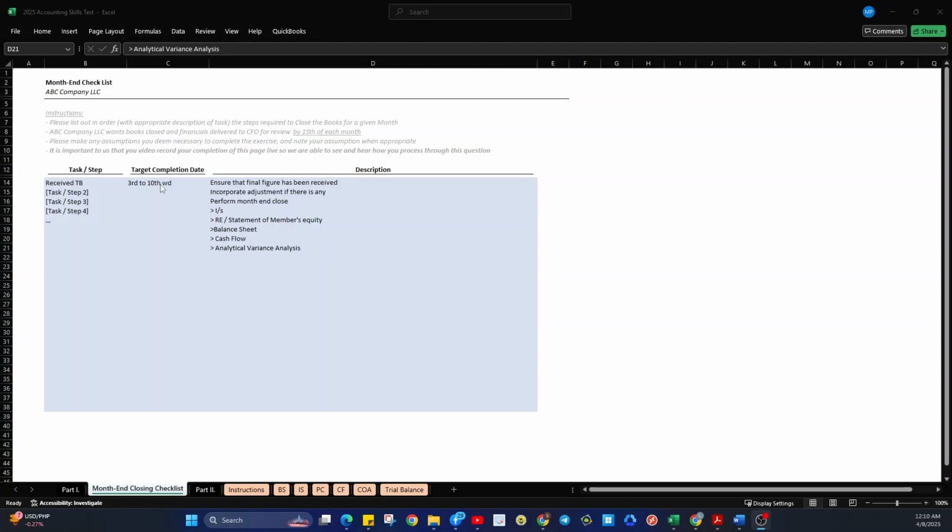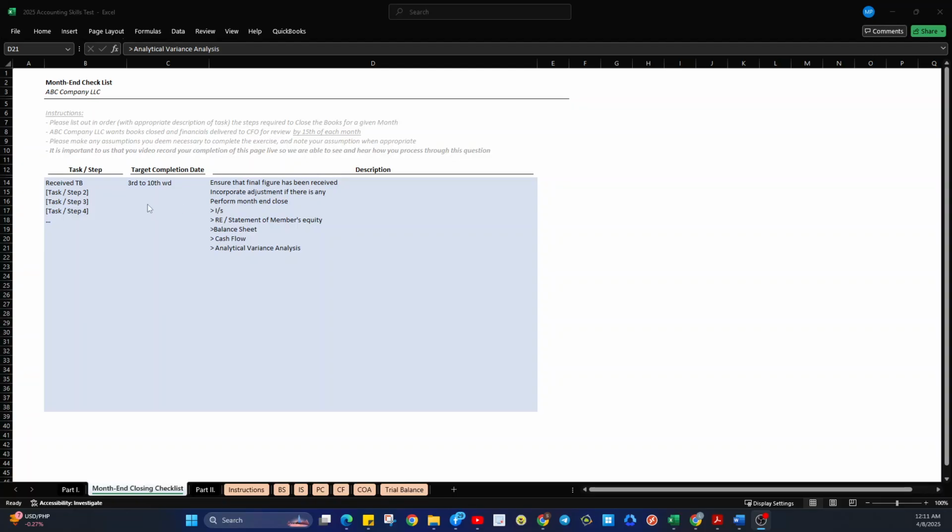But there are companies I've worked with that have to ensure that all income and expense items are recorded by the 5th day of the following month. So this is just for purposes of the discussion. Hopefully, when we receive the trial balance, everything has been completed. The most would be the 10th, because there is a deadline to submit the financials to the CFO by the 15th of the end of each month. That leaves 5 days to make the preparation of the closing.